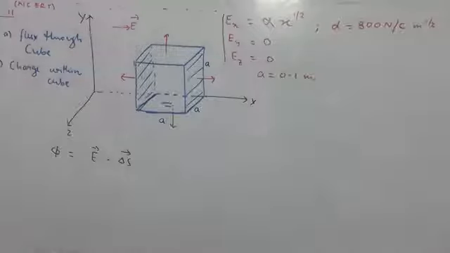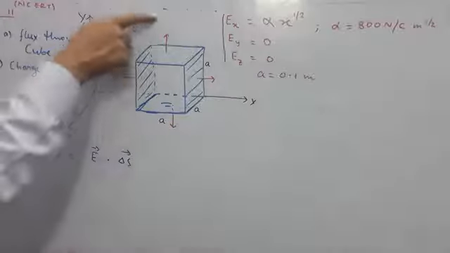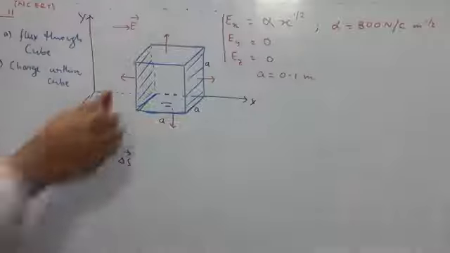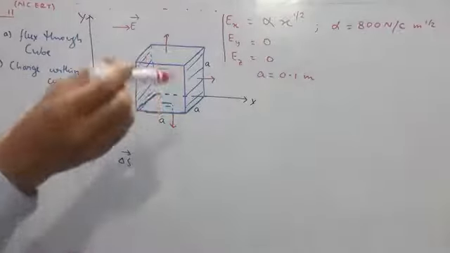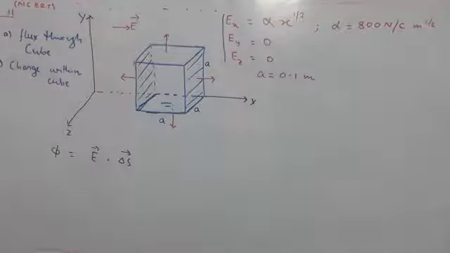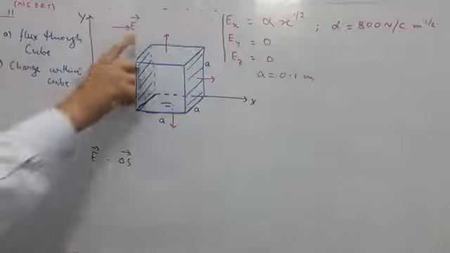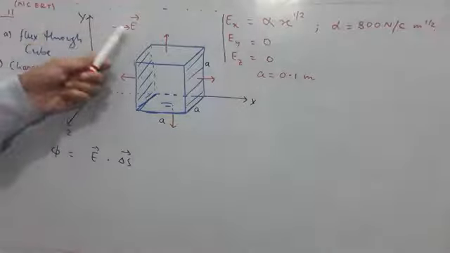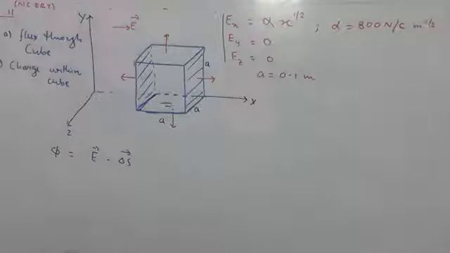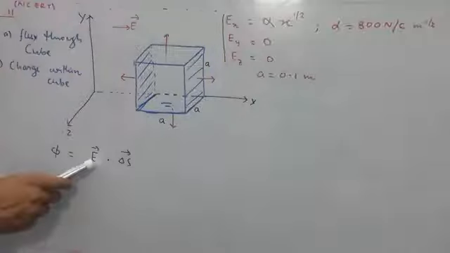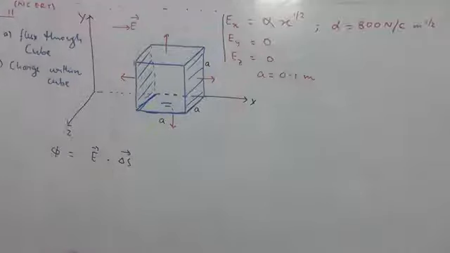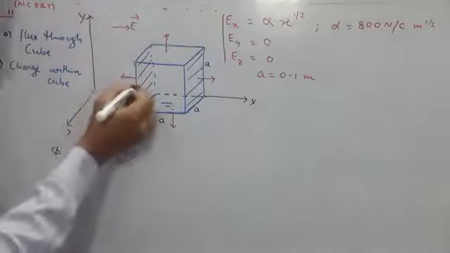If you see carefully, E vector makes 90 degree with this one area vector, and this one area vector. So out of 6, with 4 of the area vectors, electric field makes 90 degree. And if it makes 90 degree angle, what will happen to the dot product, students? It will become 0, because cos 90 is 0. So I'll call this surface, the left one, as 1.